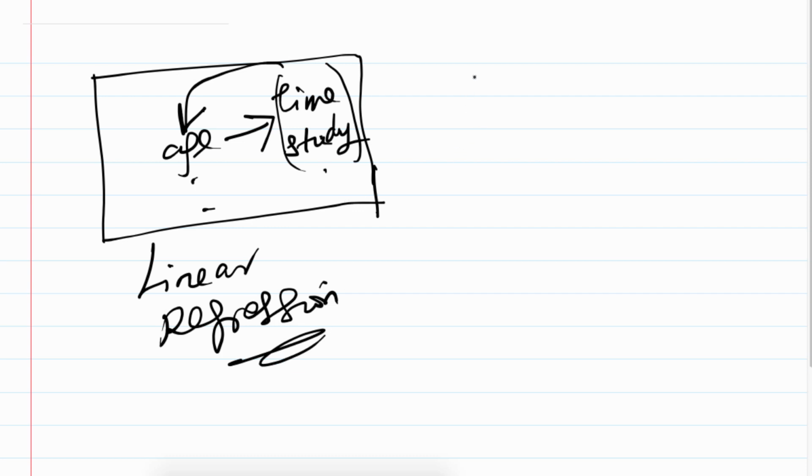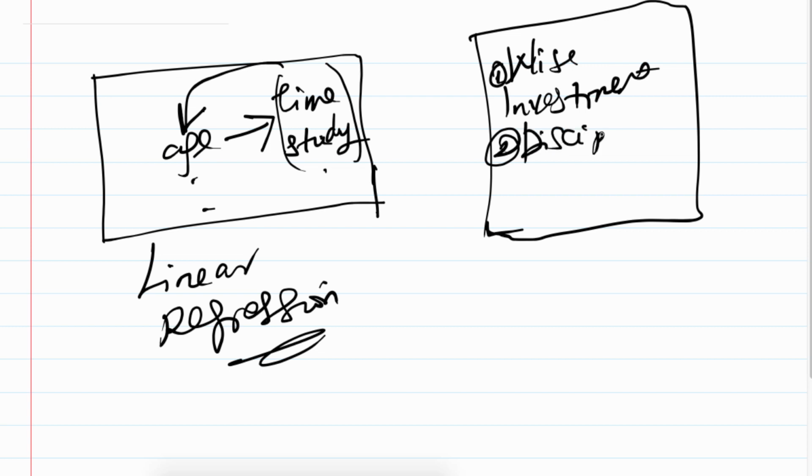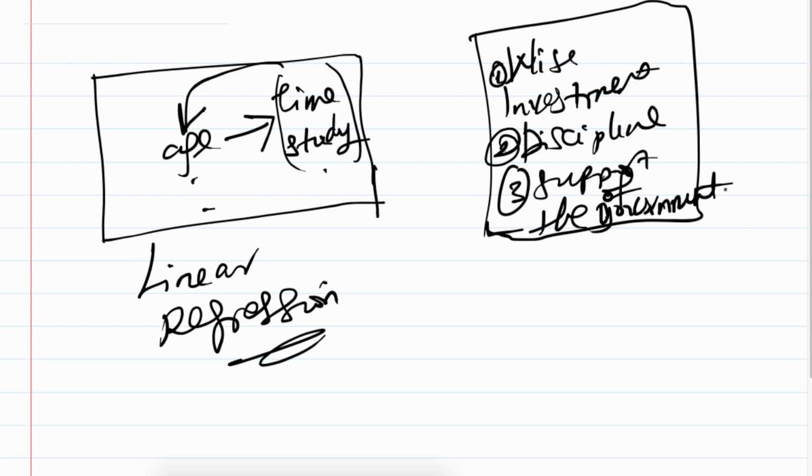But in the case of China, assume that you found that the riches of China depend on many things. For instance, wise investment. That is number one. You also find out the discipline of the citizens. You also find out the support of the government. Now, you want to use this theory to predict the riches of China, because what you are using to predict that riches is more than one, it is therefore called what? Multiple